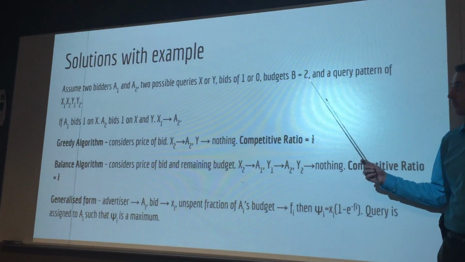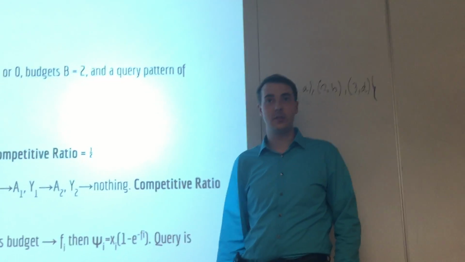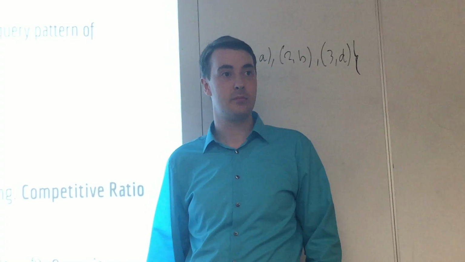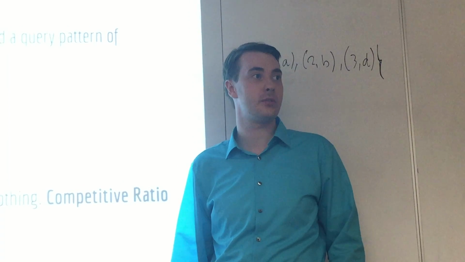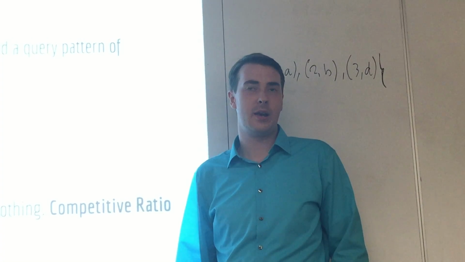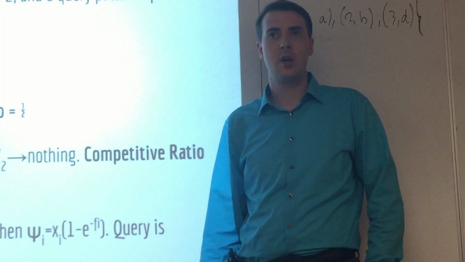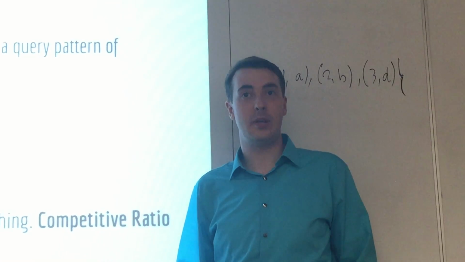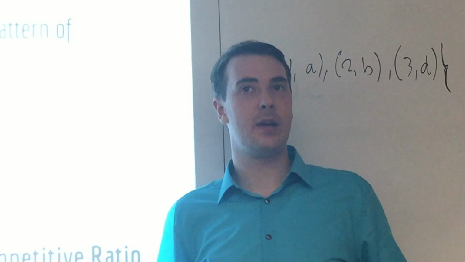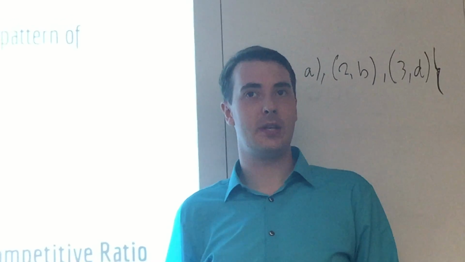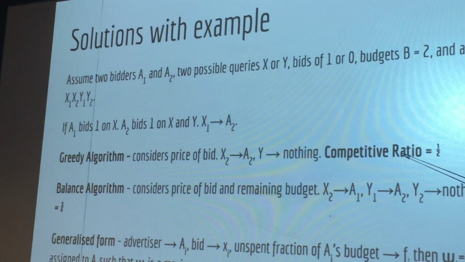So if you assume that you have 2 bidders, company A and company B, and each of them has a fixed budget of 2. There are only 2 search terms, term X and term Y. So the only things that you can search for in your search engine are X or Y, and each of them bid or did not bid on each of those results. So if company A bids 1 on X and 1 on Y, but company B only bids on X,